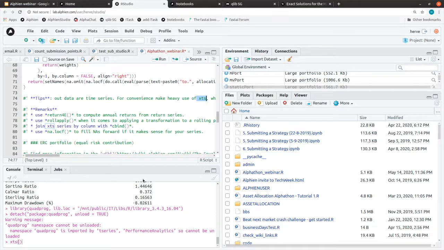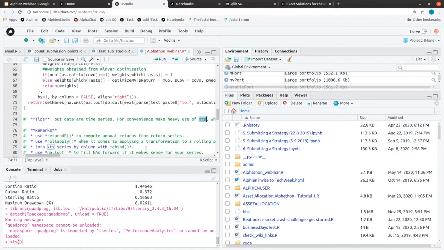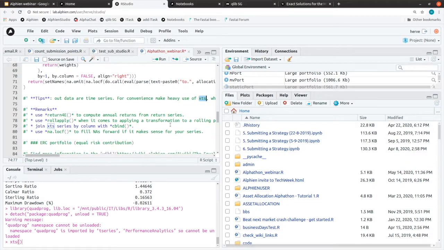So if you are working with time series, try to use XTS as much as you can. Sometimes it's not going to work if you do quadratic optimization, but that's just a matter of one or two operations. Then you should move back to XTS in order to make it efficient. A few remarks: we have a lot of functions that are already available on the platform